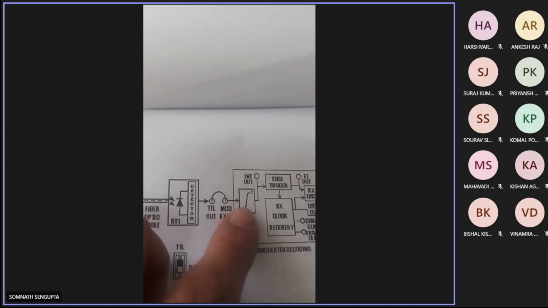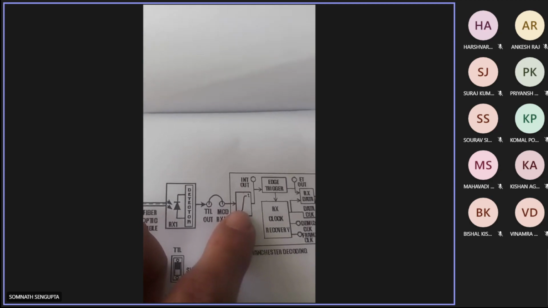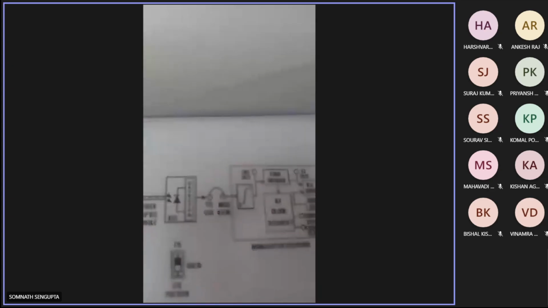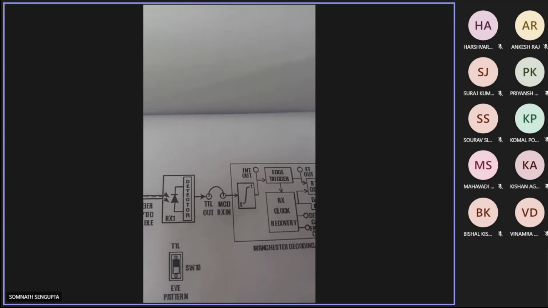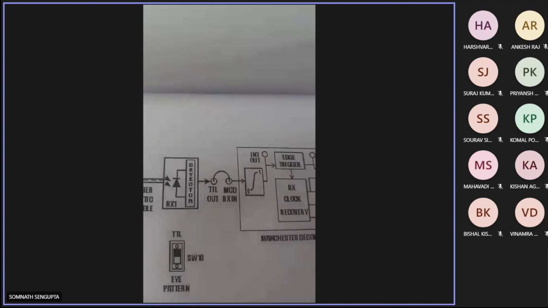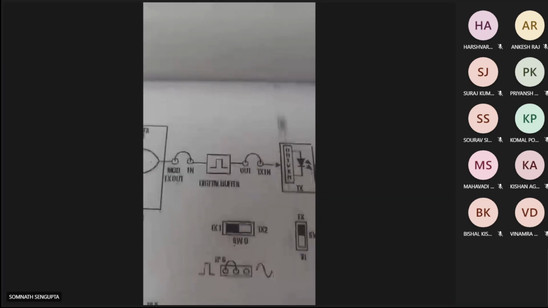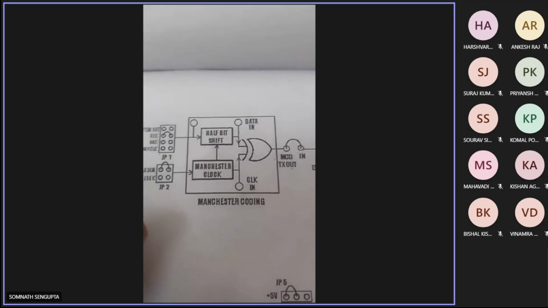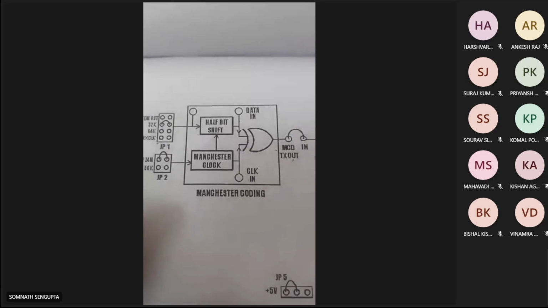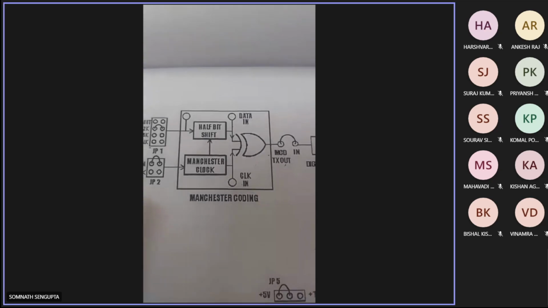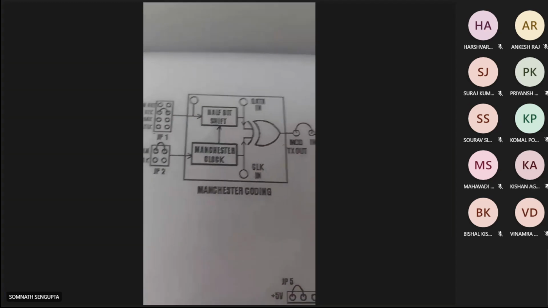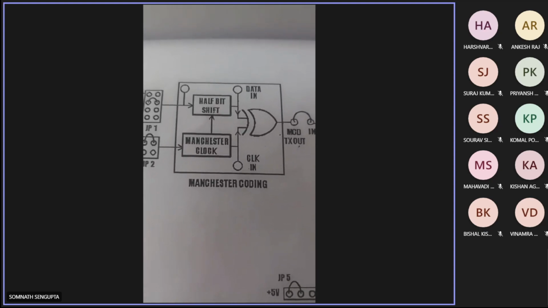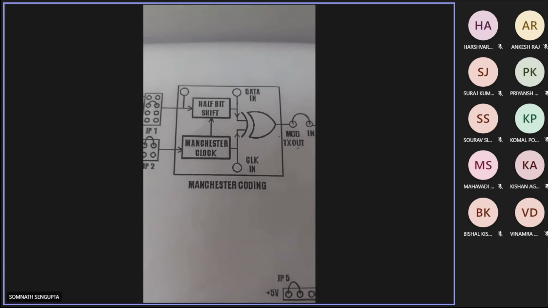So I will show one waveform of how the Manchester coded data is generated, how it is transmitted and decoded. But before that, one concept is called the bit cell. Generally, we say that Manchester coding means at the half of the bit,